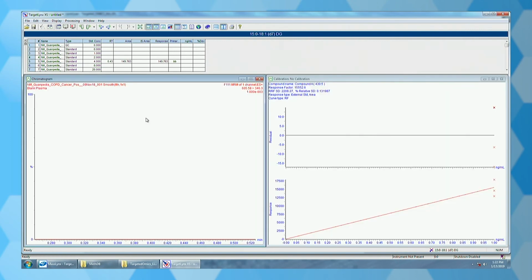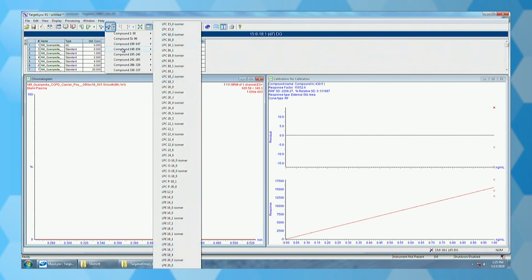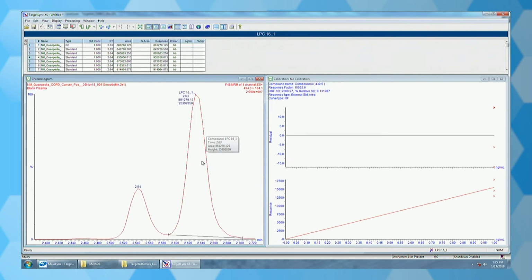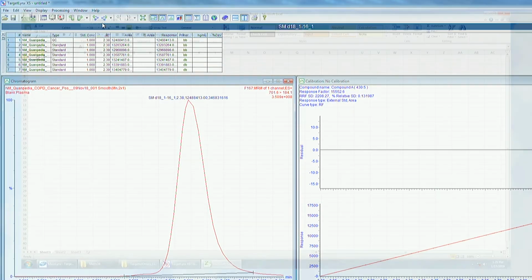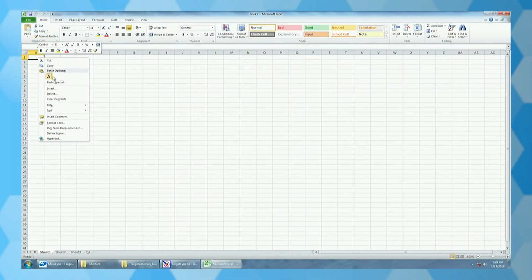You can browse through the data to investigate individual quantitated lipid species by clicking here. For example, to display the quantitation results for endogenous LysoPC species, first select the LysoPC MRM transition number, click on any of the LysoPC species and the result will be displayed. If you like, you can copy the results by clicking on Edit, Copy, Current Summary, and paste to an Excel sheet to investigate the quantitation results.